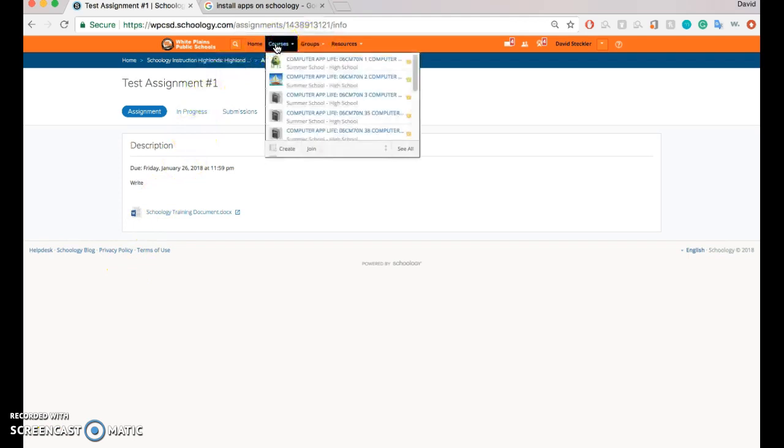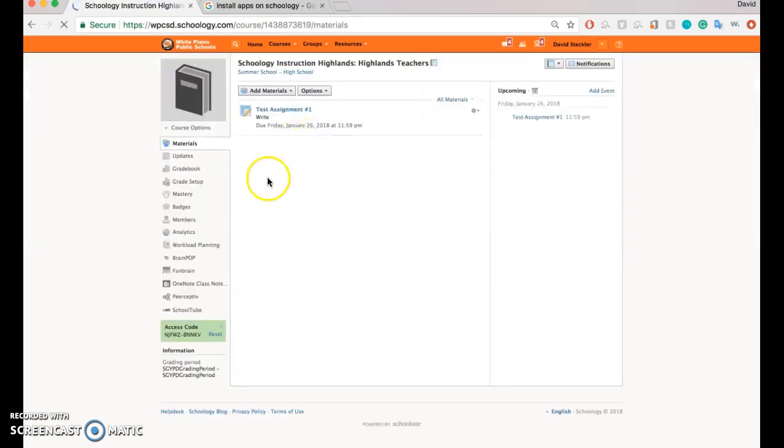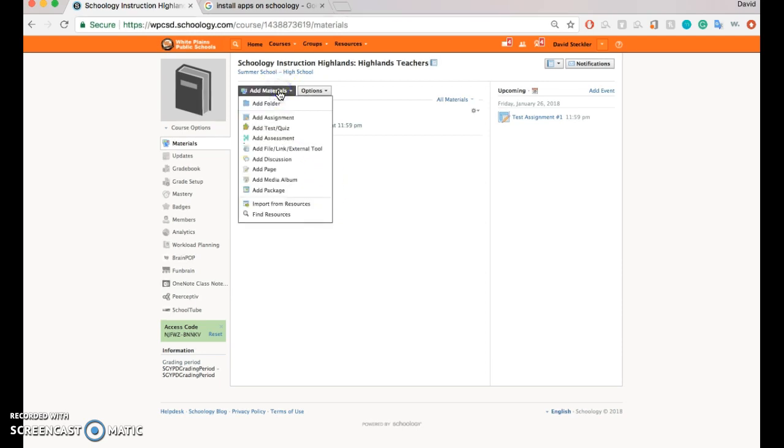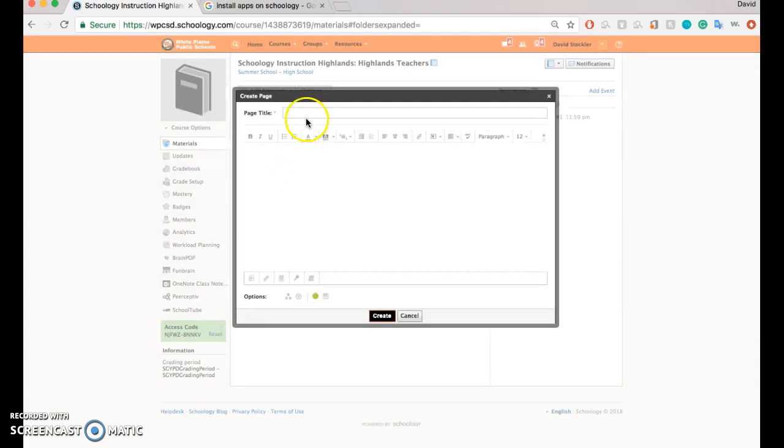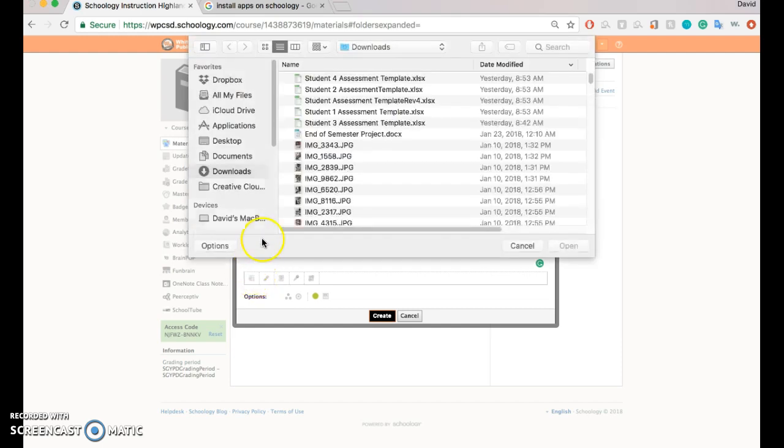And there's one more thing that I want to show you in this video. So when we go back to our course, if you decide that you want the students to have their own version of the copy, because I mentioned this way it is shared with them, but they don't own the file, you can also go to Add Materials and add what's called a page. And on this page, you can insert a file, and you can